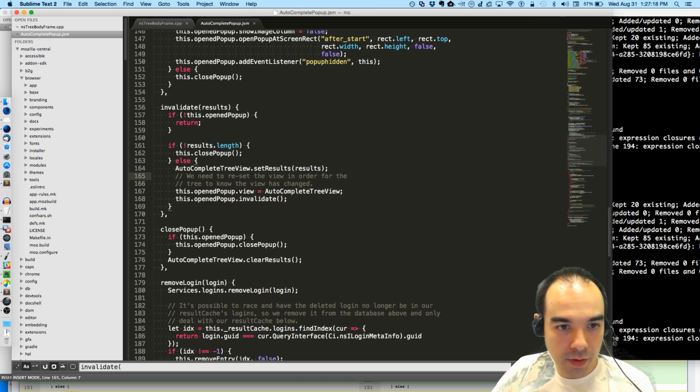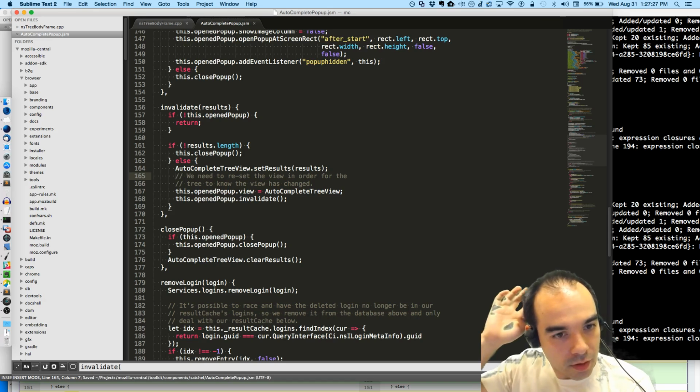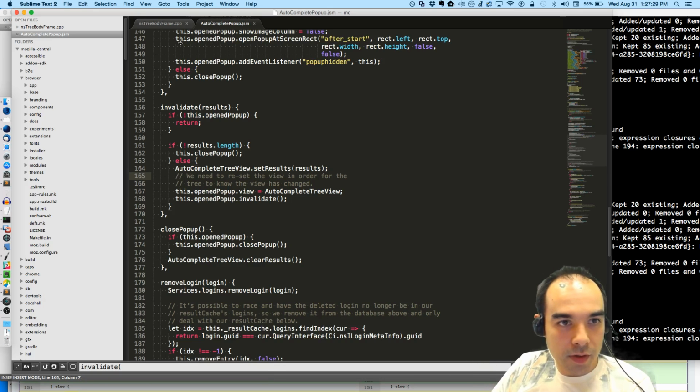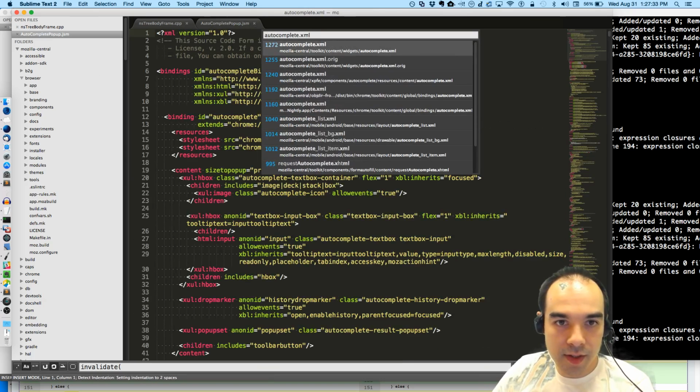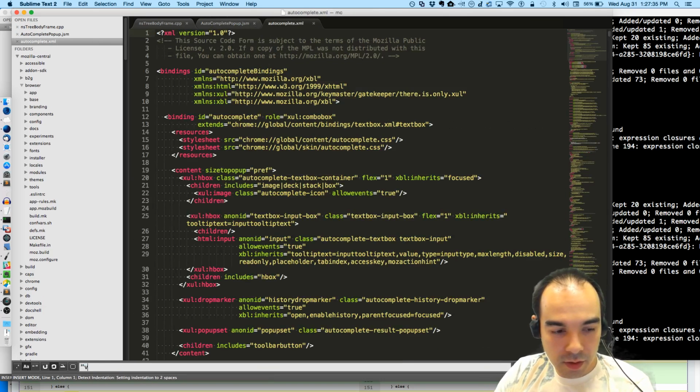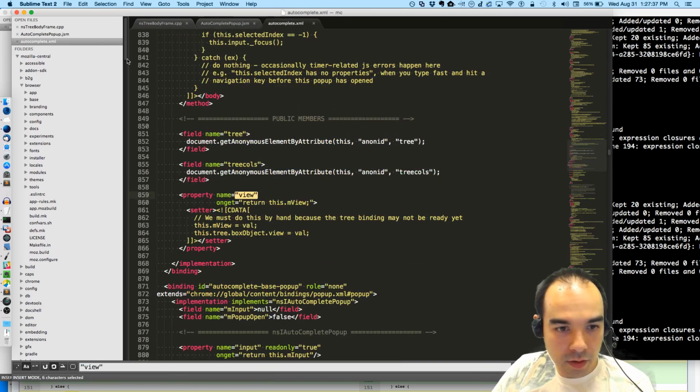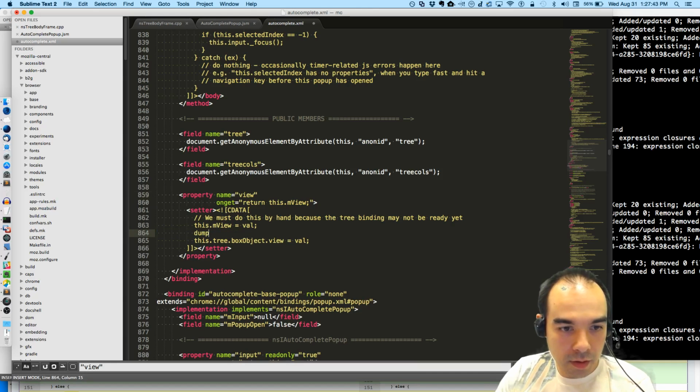Pop-up.view. Because whenever the opened pop-up view is set, then we set the view here. Tree view.